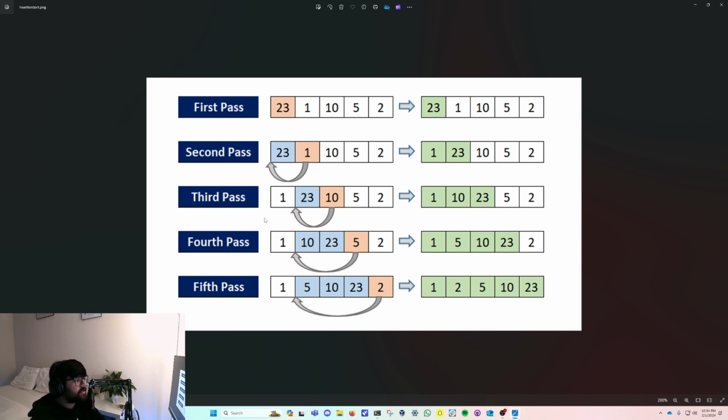Now, let's look at the fourth pass. In this, our sub-array has grown to the 4th index. Our key is 5, and we're trying to find the correct place for 5. We compare 5 with 23. 5 is smaller, so we compare 5 with 10. 5 is again smaller. We compare 5 with 1, and because 5 is greater, it's placed after 1. And then our sorted subarray becomes 1, 5, 10, 23,